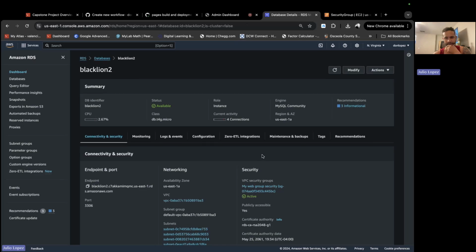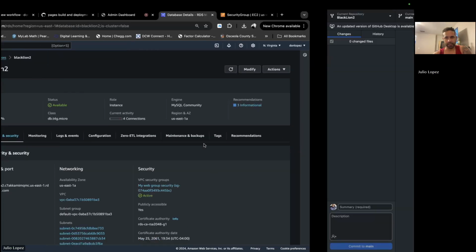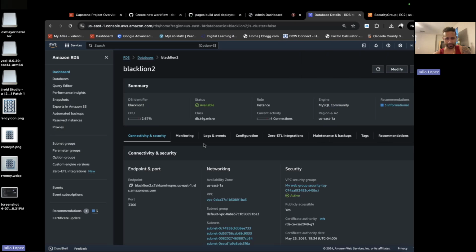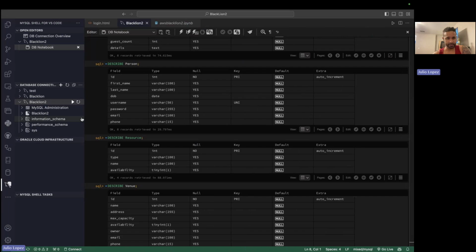on a MySQL environment. In the beginning, I had some problems. I had to change the security parameters, because the inbound rule, I think, was restricted, and I had to change it to be publicly available. That way, everybody had access to it. As you can tell right here, it's already using some resources from AWS, like the CPU, so it's running with no problem. And I was able to utilize the database